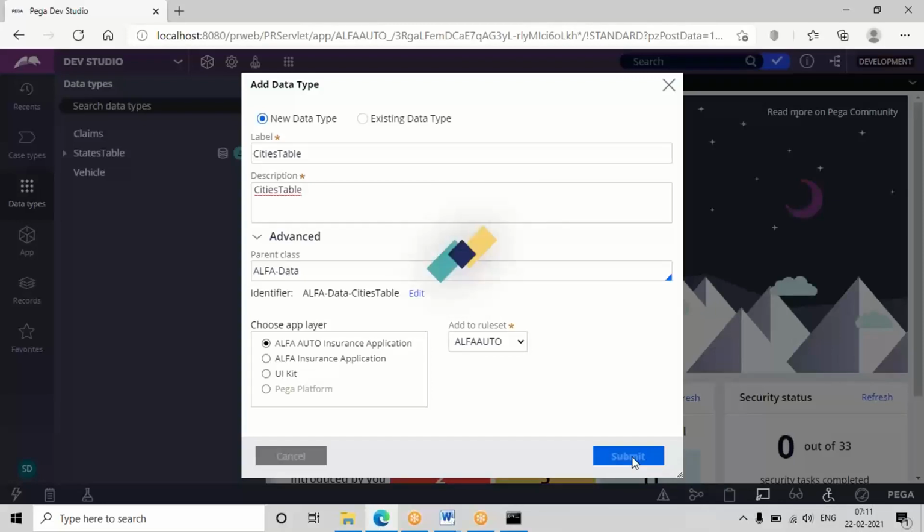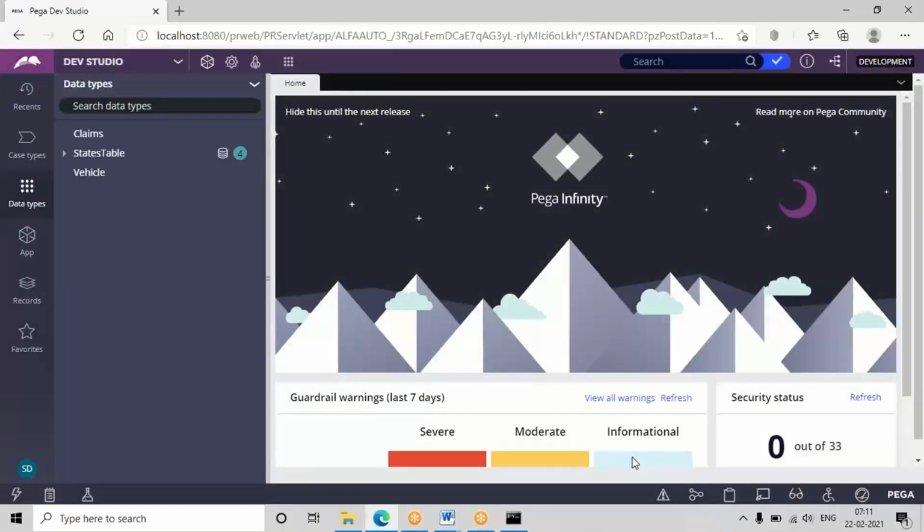Columns required. One is city name, and city code. City code, city name, two fields, and we'll be using the state code as a foreign key. So three columns are required. State name is not required. Only state code is the class key in the state table, right? And that we need to use in this city table.